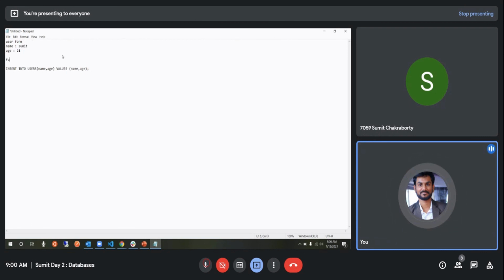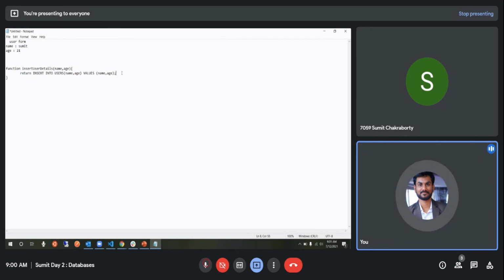Okay, this is a function to insert user details, where name and age are coming as parameters. So each time you insert something in your front end user form, you're calling this function. Okay, and you're inserting something in a database.